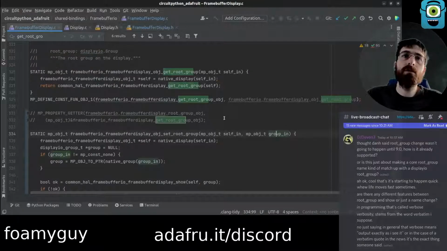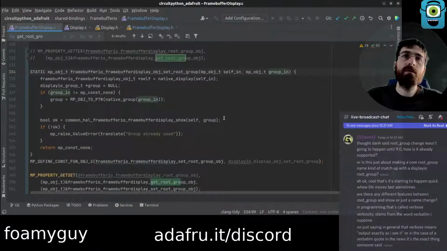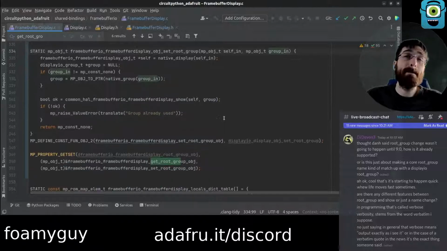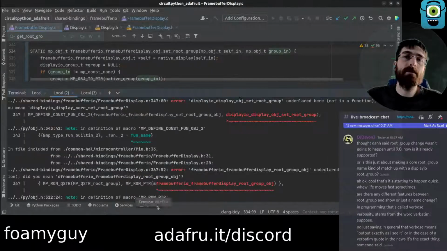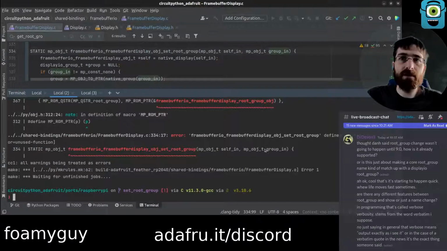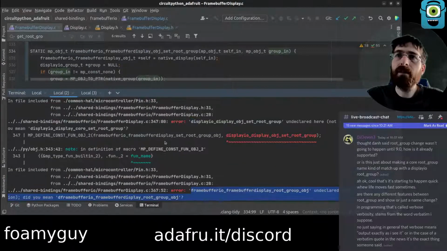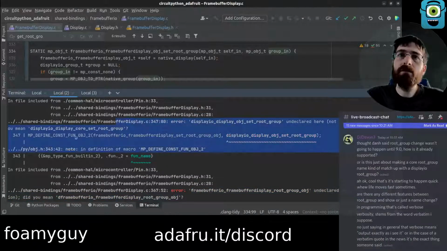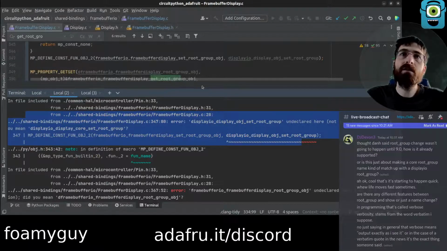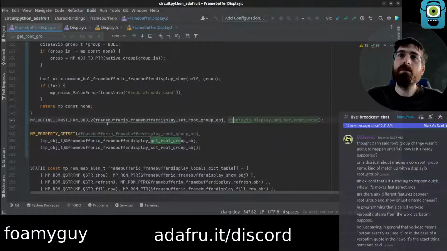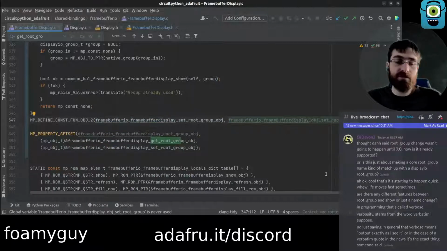And where's the displayio one? 347 shared bindings. Oh. Got it, it's grayed out, I guess, because it's unused. My brain just ignored it like a comment.